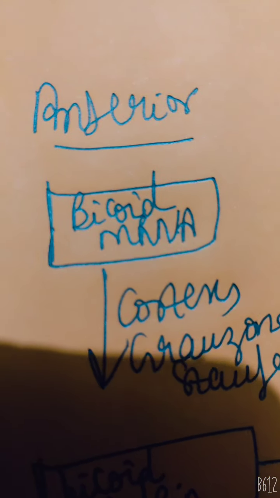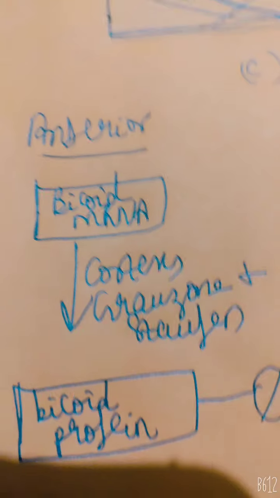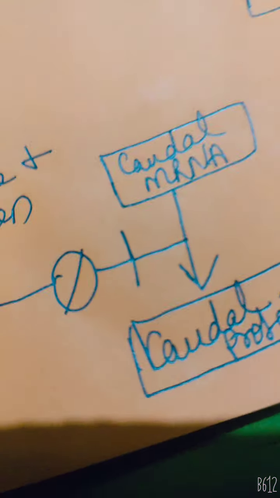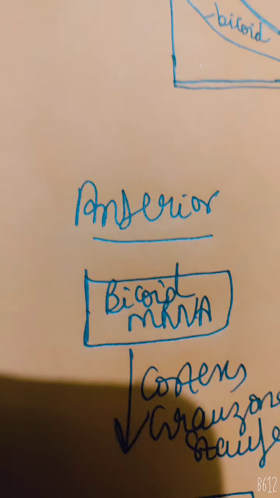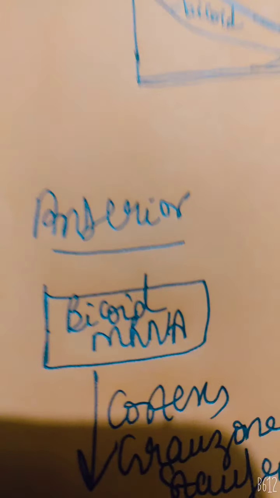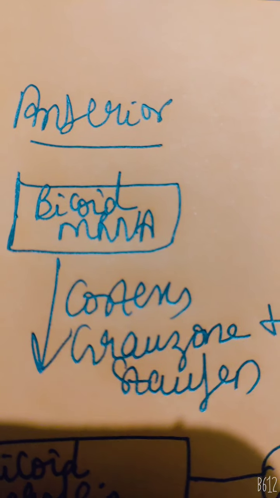Now the anterior gene, the bicoid protein, inhibits the translation of caudal protein. In the formation of the anterior of the embryo, which mRNA will function the most? It's the bicoid mRNA. So we don't want this caudal mRNA. For that, the bicoid protein inhibits the translation of the caudal RNA, allowing caudal protein to be synthesized only in the posterior part of the cell. The caudal protein is required in the posterior part of the cell. So the bicoid mRNA makes sure that this protein inhibits the translation.